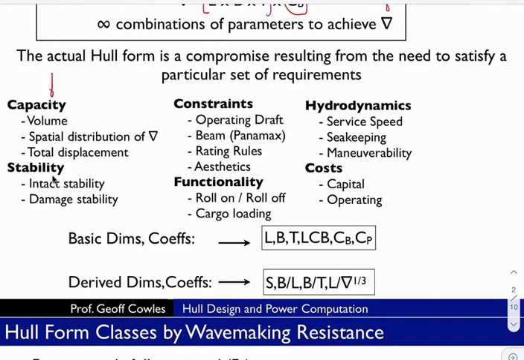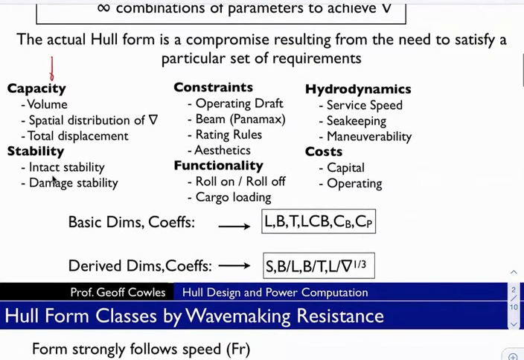And seakeeping, so if you have people on board, for example, you have to be able to devise a ship that's safe and has a nice roll to it, essentially nice seakeeping properties. Maneuverability, if you're doing evasion or if you're doing chase, for example, we think about these nearshore corvettes or small naval boats. Coast Guard boats have to be able to track and catch